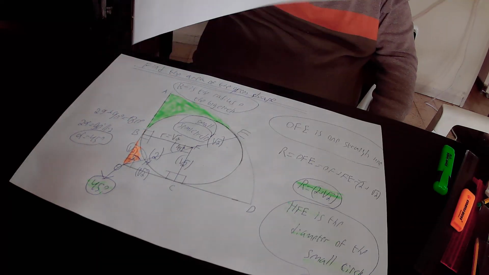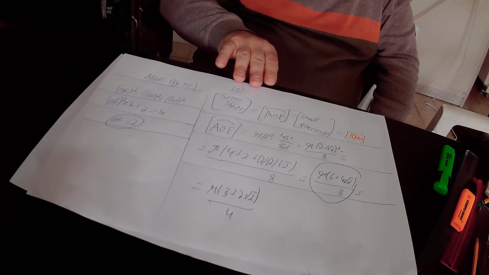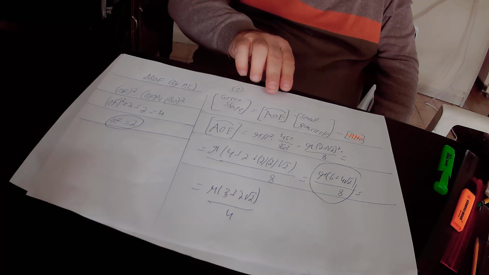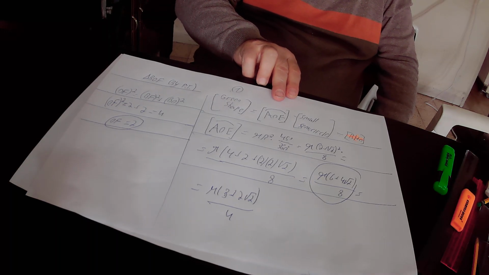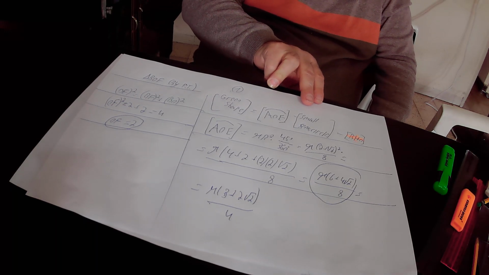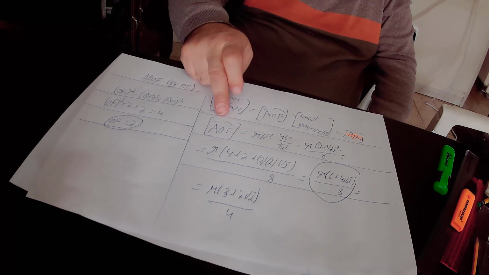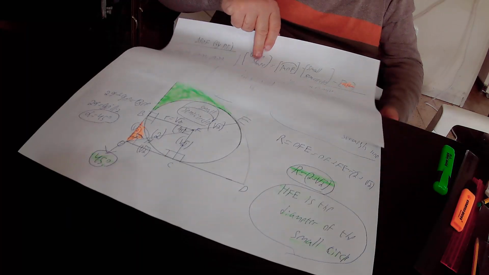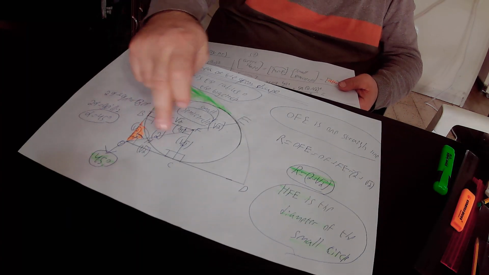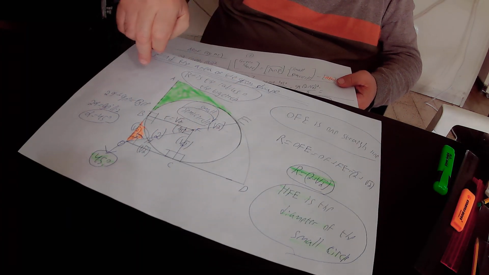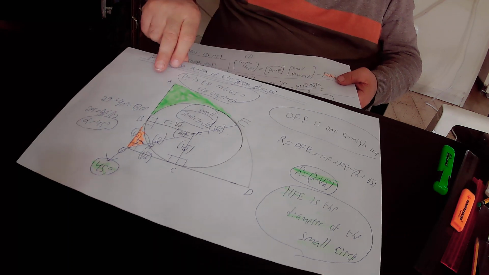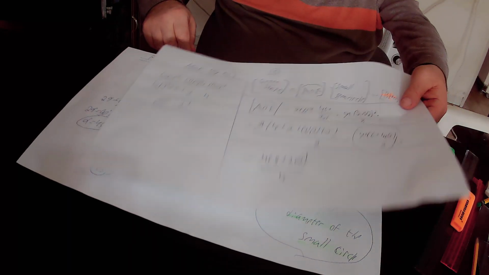Repeat again. The area of the green shape equals the area of the big sector AOE minus the area of the small semicircle minus the area of the orange shape BHO. So what is the area of the big sector AOE? The big sector AOE is part of the big circle, and we know that the area of any sector equals